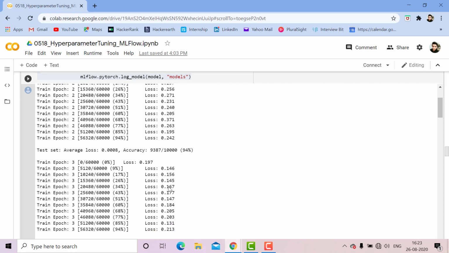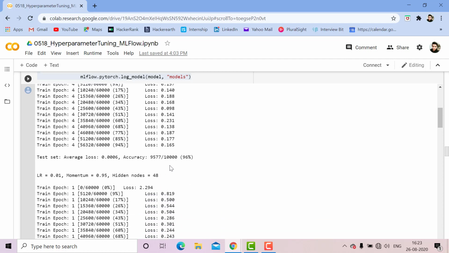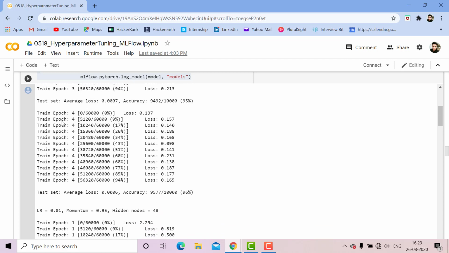Again, for train epoch 3, the average loss comes out 0.0007 and accuracy comes out 95%. This is again very good accuracy. And for train epoch 4, the average loss comes out 0.0006 and accuracy comes out 96%.